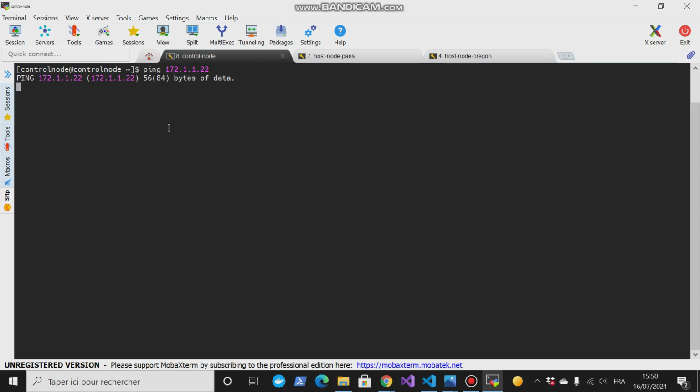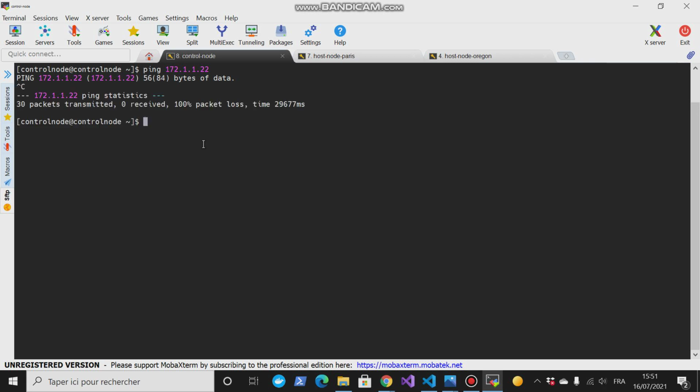We cannot ping. That is why we have to create the VPC peering connection. We have to create a connection between the two VPCs, so that the EC2 instances that reside within these VPCs can communicate with each other, and one can ping the other. So for that, let me create